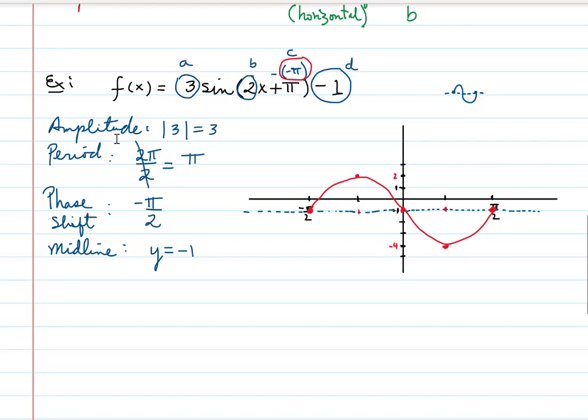That's if you have the A negative, right? The amplitude is still the absolute value, so still 3, right? So you still go 3 units up and 3 units down, but the graph would just be flipped, reflected. Now, if the B is negative, so when we define here, we assume B is positive,